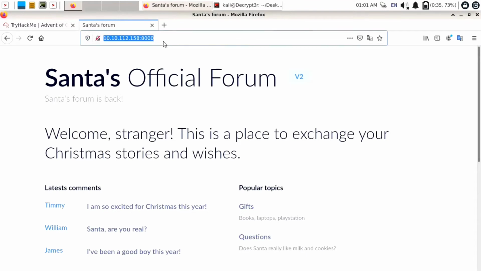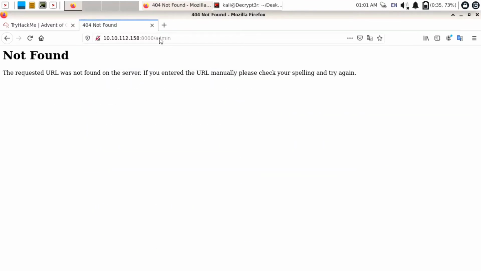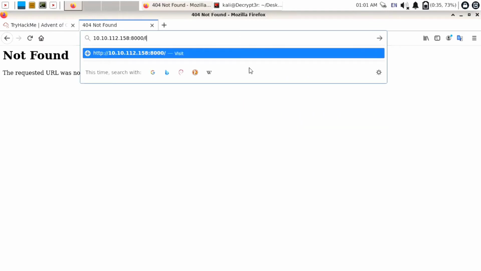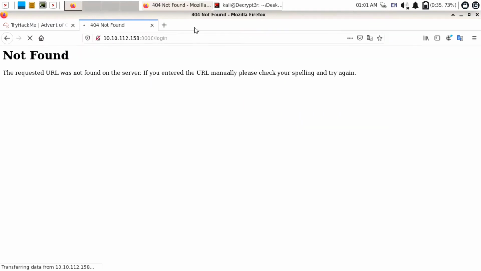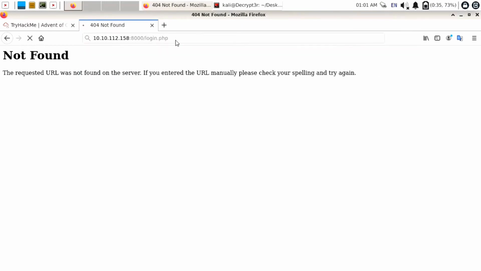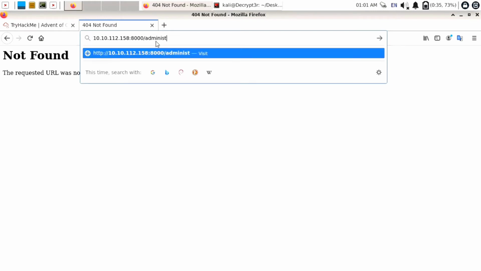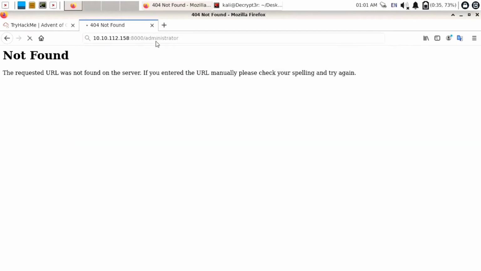So I will just try to add some basic login panel URL like /admin. Okay, nothing is there. Then I can use login. Okay, also there is nothing. Then login.php, still nothing. I can also use administrator. Okay, nothing.